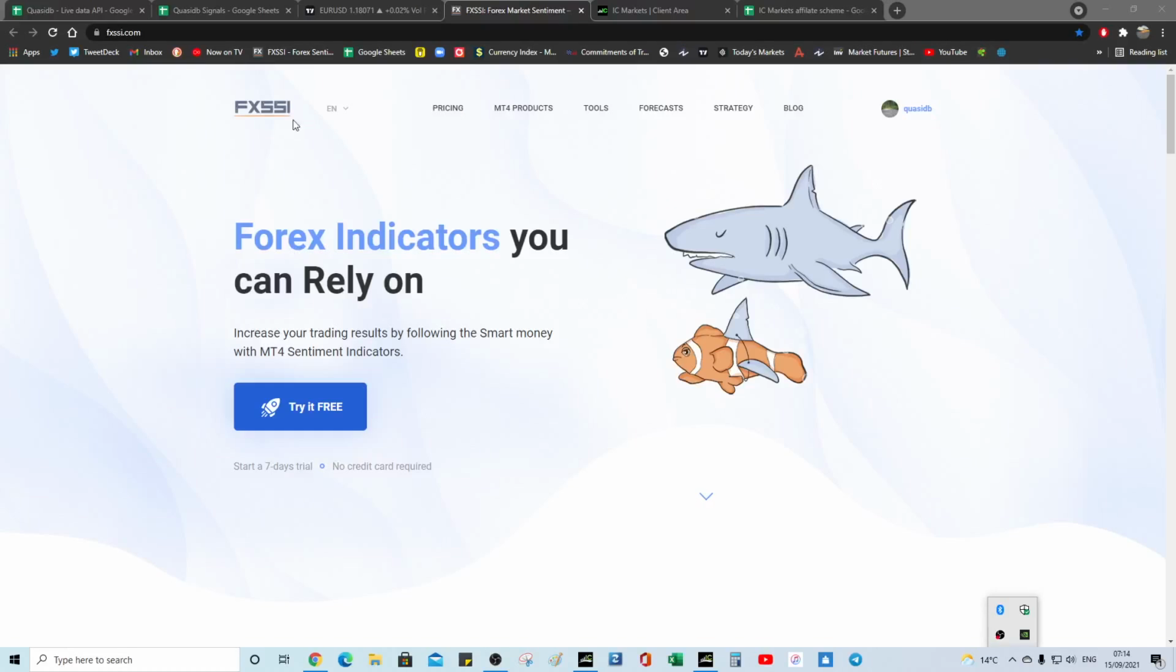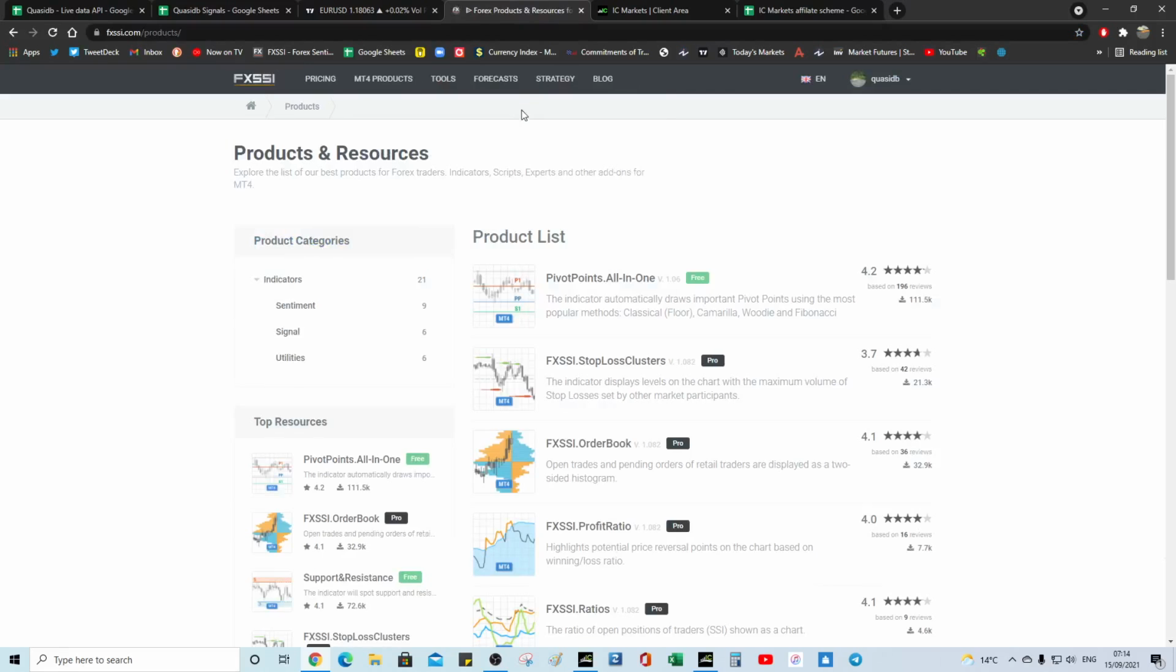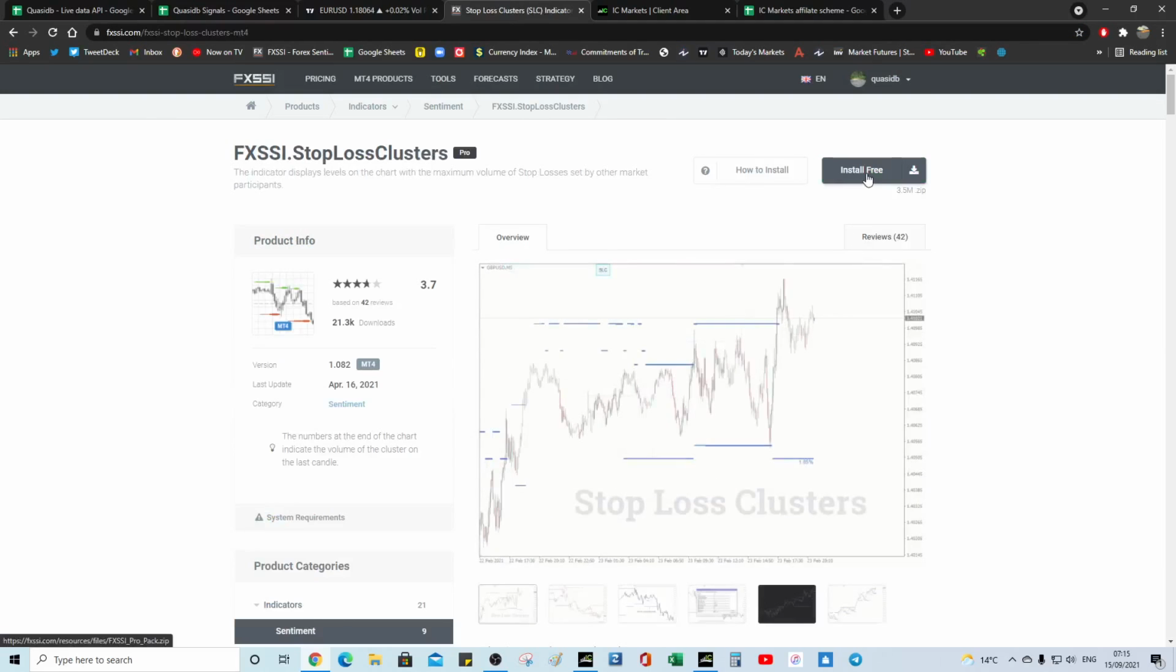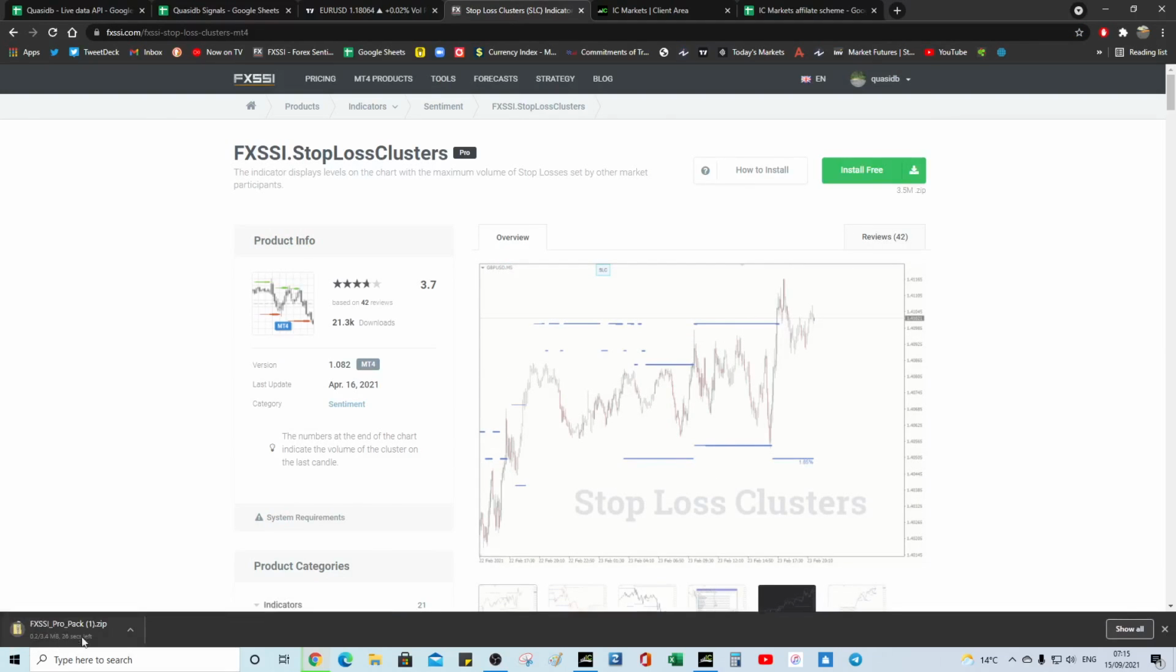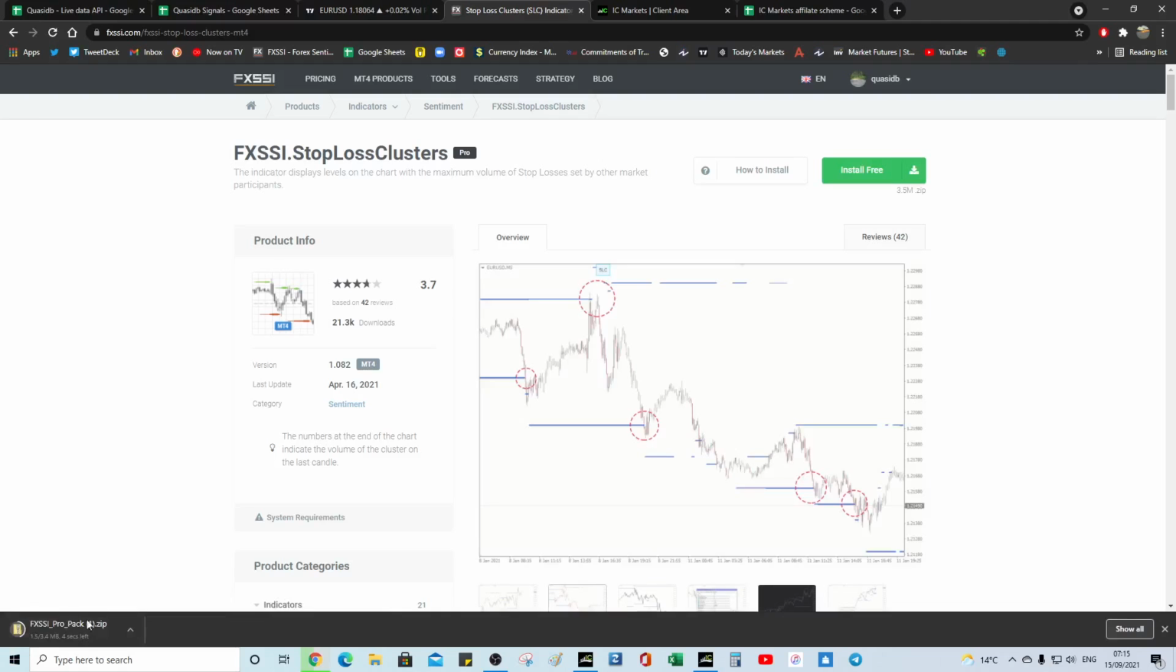Newbie guide: how to install the FXSSI indicators for MetaTrader 4. So go to fxssi.com, MT4 products, and you want to click on something that says Pro. So you click on that, install, and then you get the zip. Alright, so you can click in the zip,